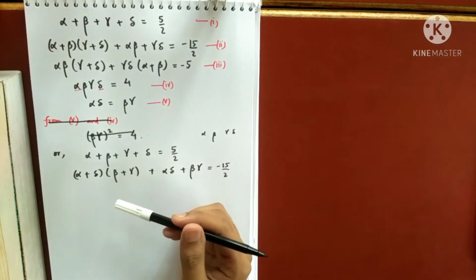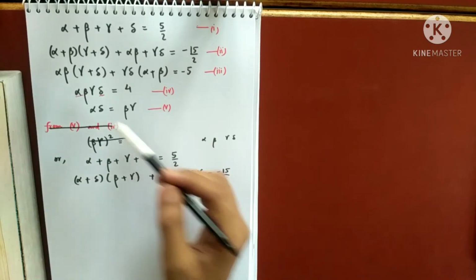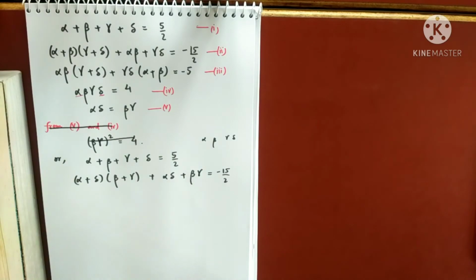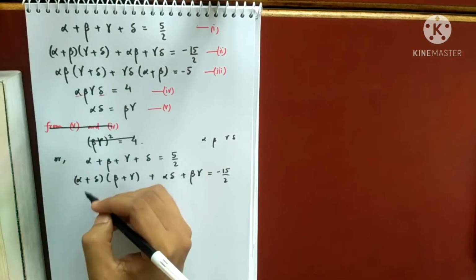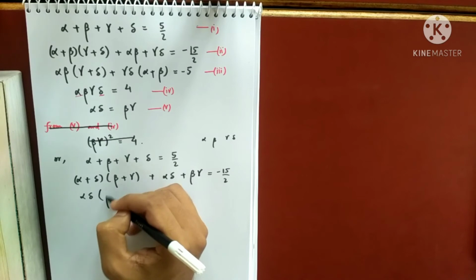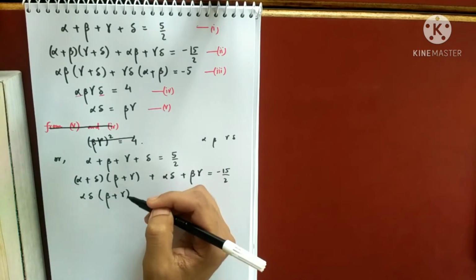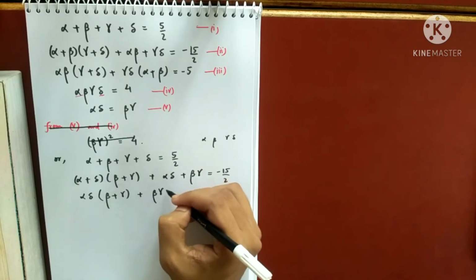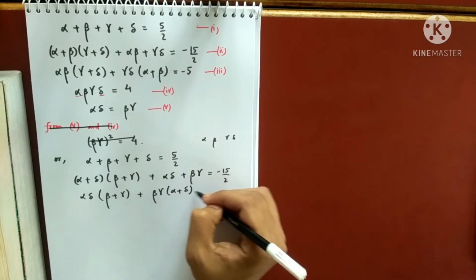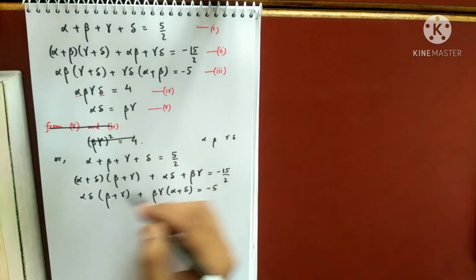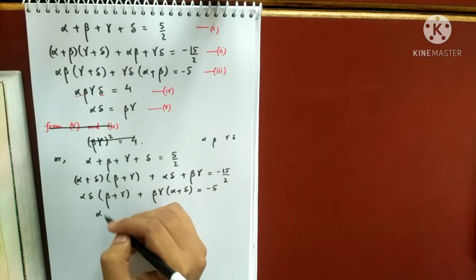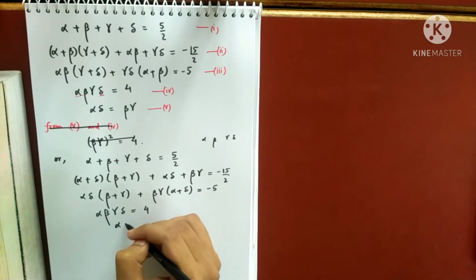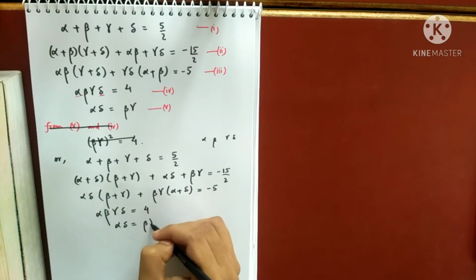The reason I am choosing here alpha plus delta and beta plus gamma is just due to this fact, and due to the fact from equation 1 also. Similarly, I'll take here alpha delta into beta plus gamma, and plus beta gamma into alpha plus delta. I'll just change the equations a bit. The fourth one will not change: alpha beta gamma delta is 4, and the fifth one is, according to us, alpha delta equals beta gamma.